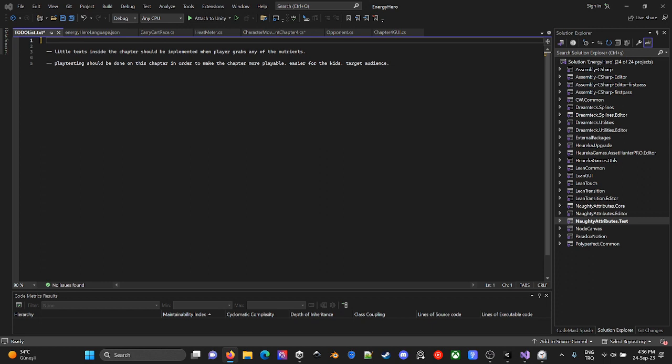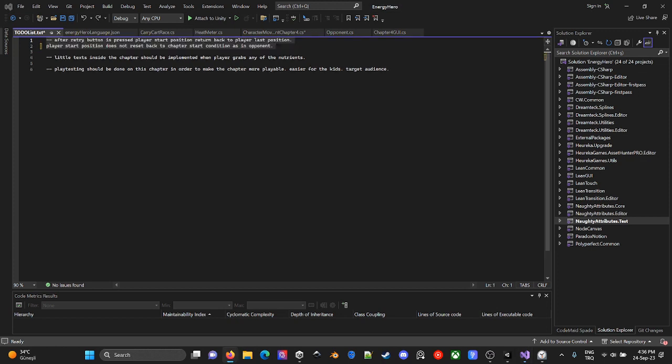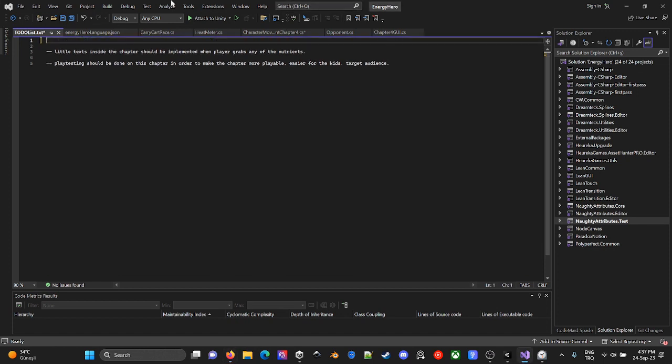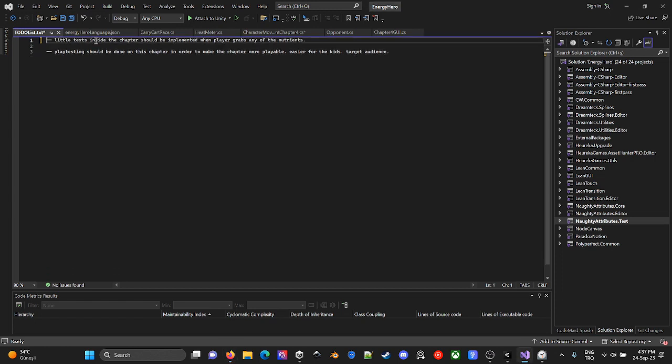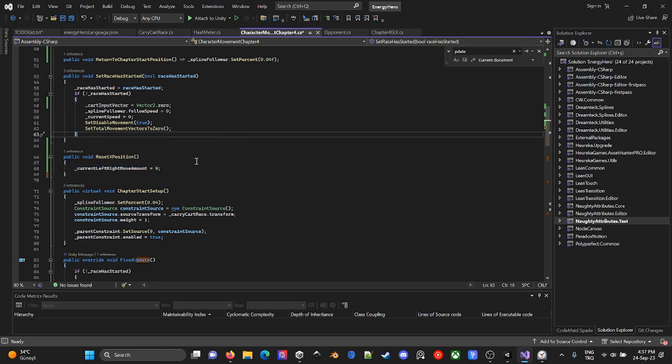This can just go into the done line. Okay, but why do? Yes. Now let's continue on with the next one. Little text inside the chapter should be implemented when the player grabs any of the nutrients. Yes, this is the thing that